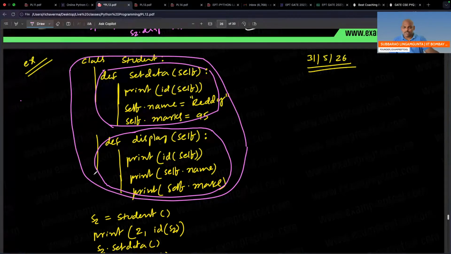One function name is set data, another function name is display. This class doesn't have any variables, only functions. But inside the functions, maybe there are local variables, name and marks. So here also the same, name, marks.